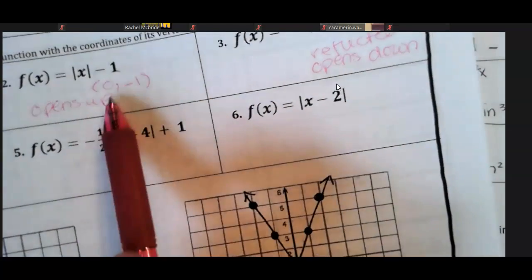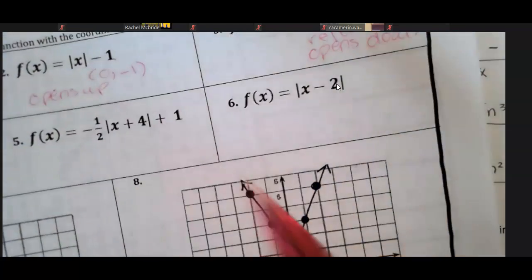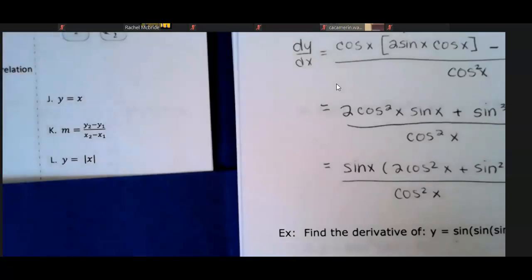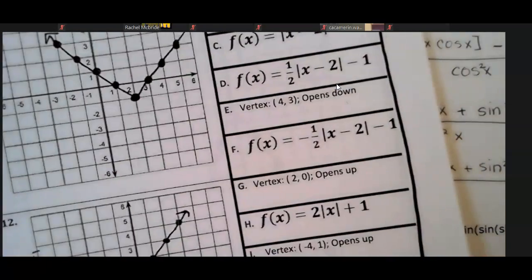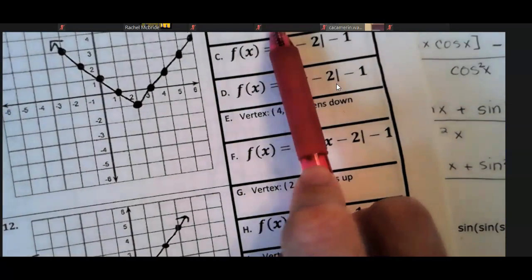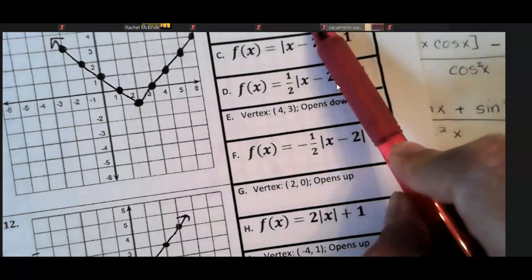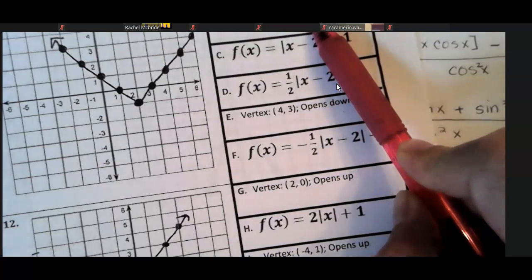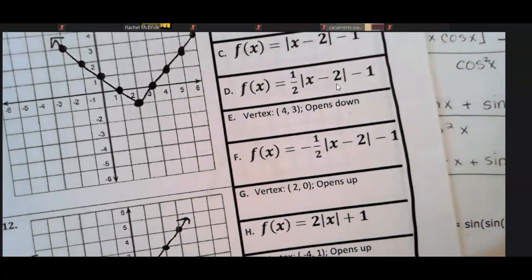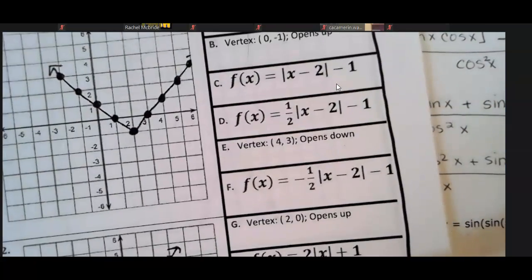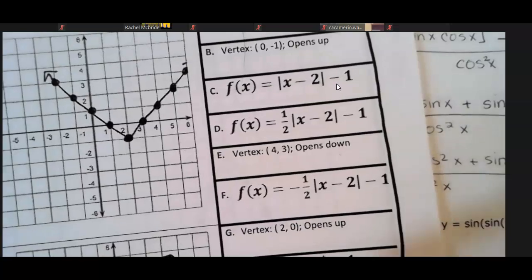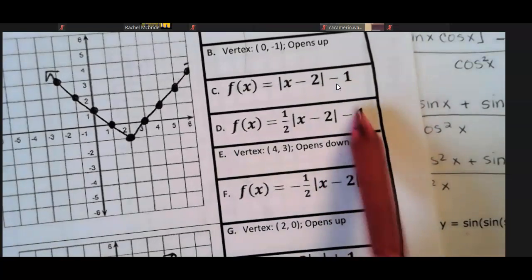Yes, okay. (0, -1) opens up. So on the back side here, letter B is (0, -1) opens up. The second thing is none of the other vertexes matched that vertex, so I really didn't have any other choices. But like this,